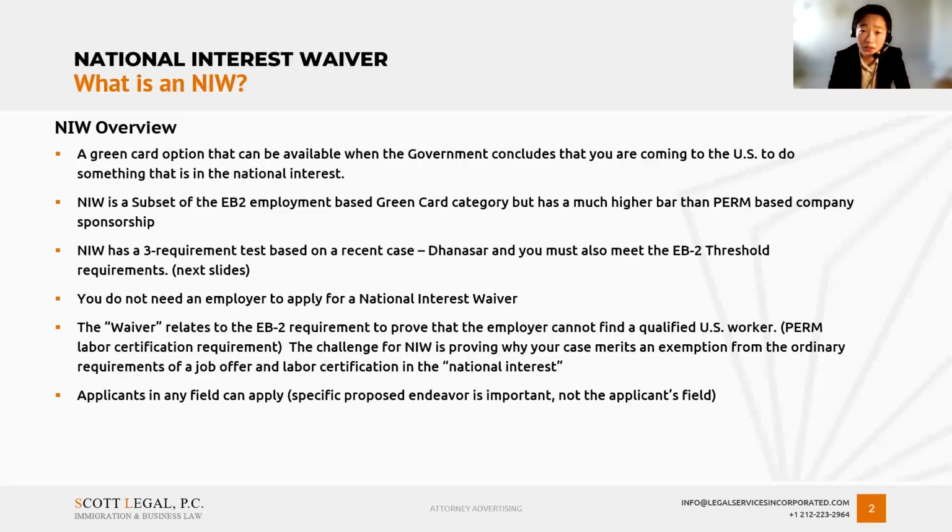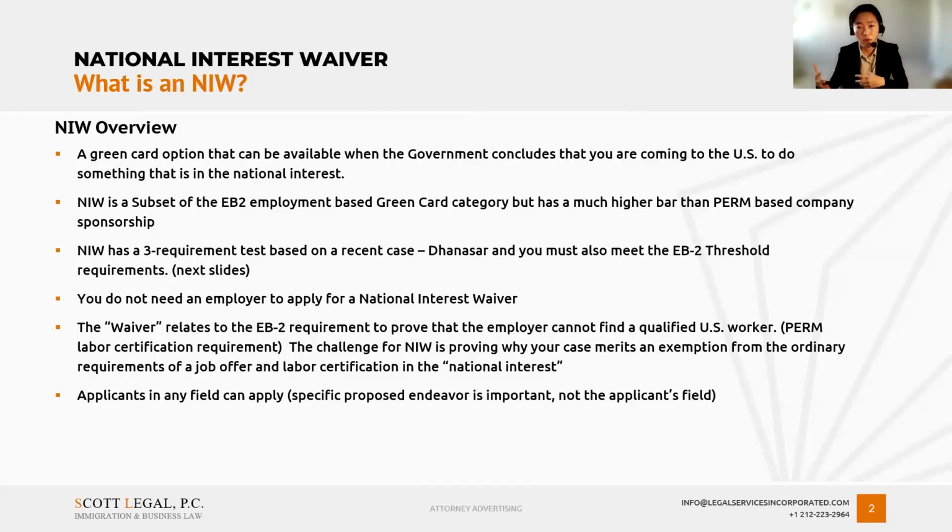All right. Thank you so much, Dustin, for the introduction, and welcome all for being here today. Now let's go over the basics of what a national interest waiver is. What is an NIW? To provide an overview, the EB2 NIW is a green card option that can be available when the government concludes that you are coming to the United States to do something that is in the national interest. The way to understand it is that the EB2 NIW is a subset of the EB2 employment-based green card category, which is a larger green card category,